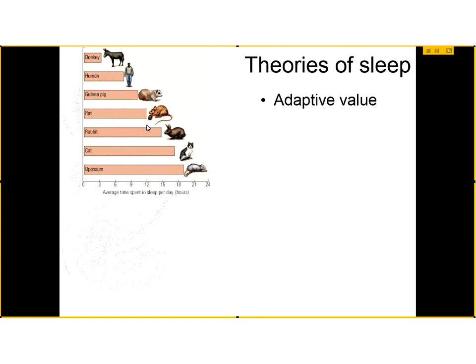So trying to say that somehow it's related to risk of predation as an adaptive value, we can see across these different animals there's different amounts of risk of predation, but they're sleeping for different amounts of time. So this doesn't exactly fit with that. I mean, there could be something associated with both risk of predation and conserving energy, but there are some animals,